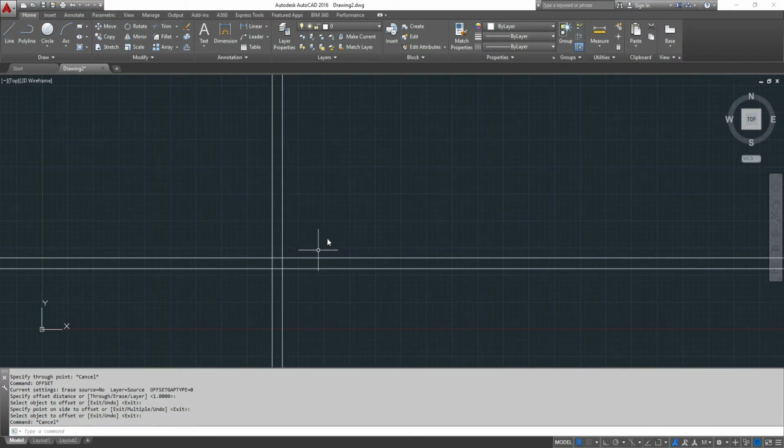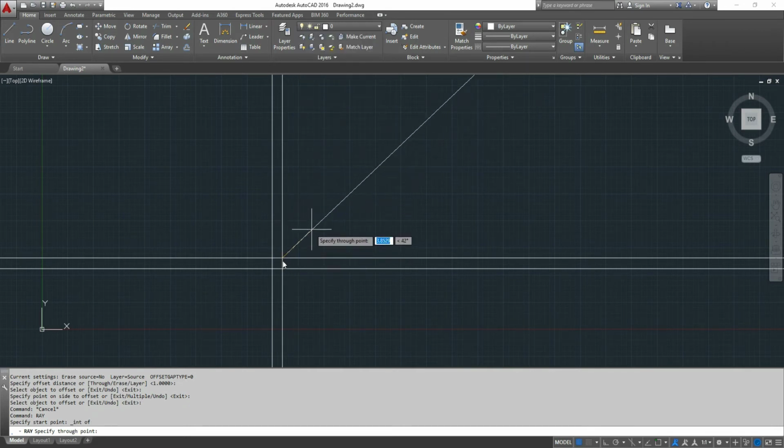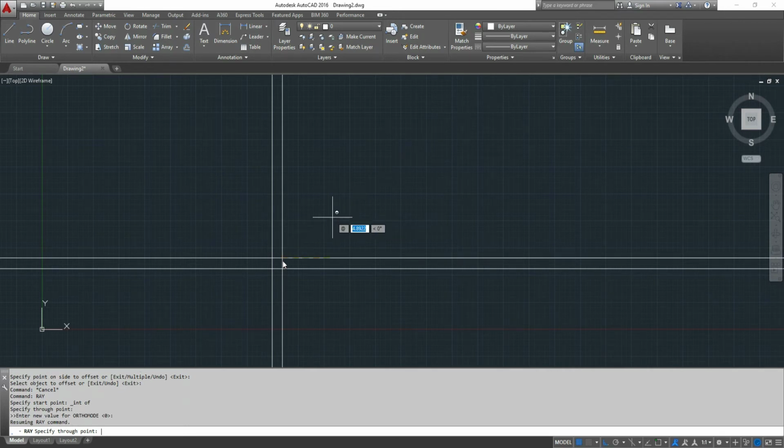And it's pretty simple. The other useful command is the ray command, and basically it's an infinitely long one-directional line, and the command for that is just RAY. You basically specify the starting point. For example, if you wanted to use this intersection here using the OSNAP commands by holding down Control and right mouse button, I would select intersection, and if I wanted to draw an infinitely long ray in a 45-degree direction to the right, I would enter at